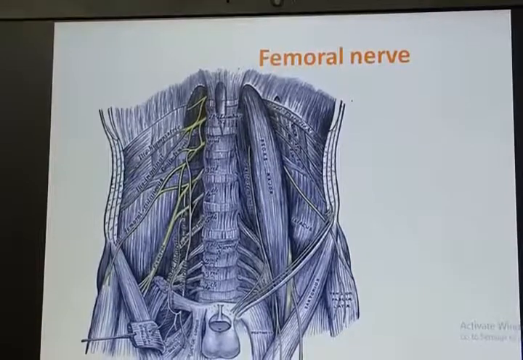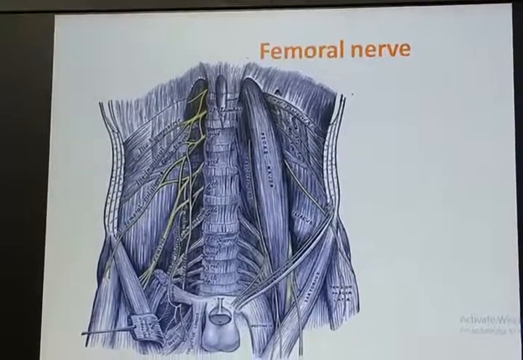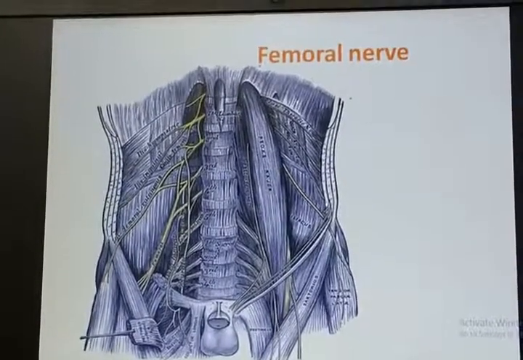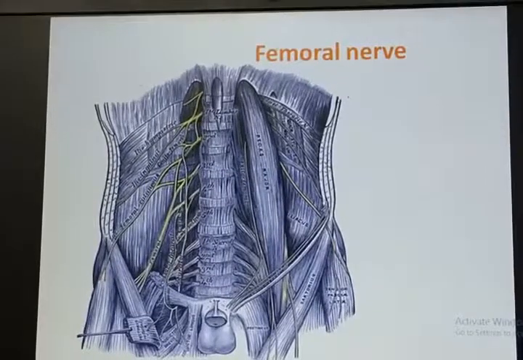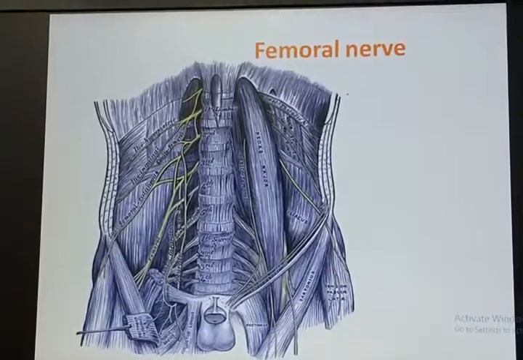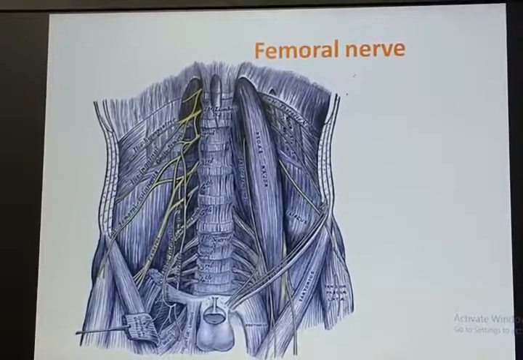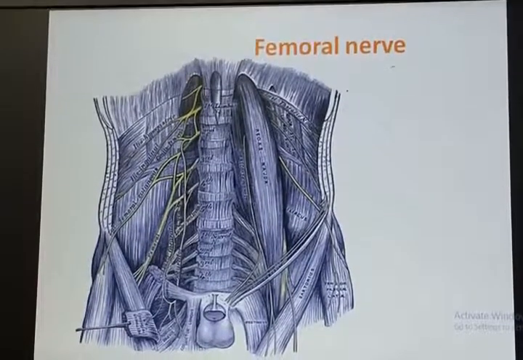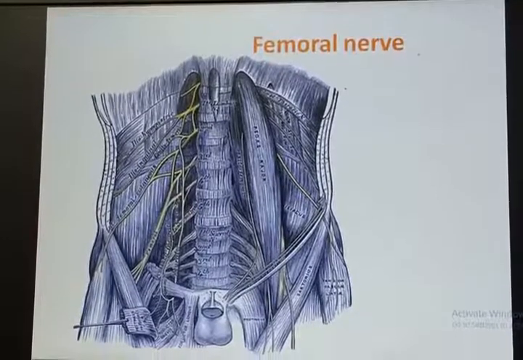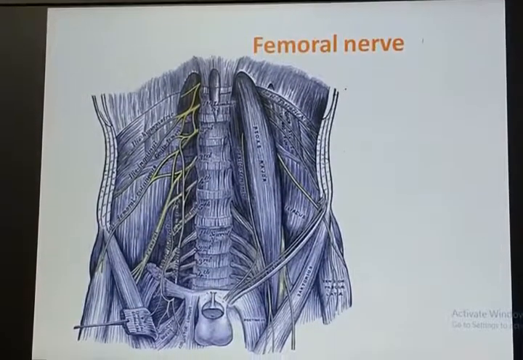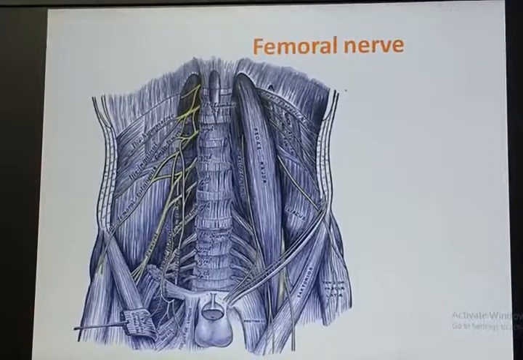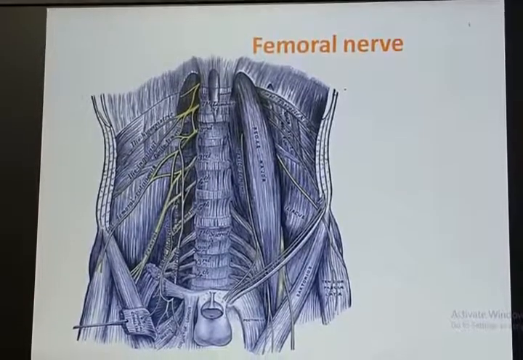Now, the femoral nerve is the largest branch of the lumbar plexus and is a nerve of the extensor compartment of the thigh. Its root value is L2, L3, L4, and the dorsal branches of the ventral rami form the femoral nerve. The trunk of the femoral nerve appears in the iliac fossa under cover of the fascia iliaca, in the interval between the psoas major and iliacus.